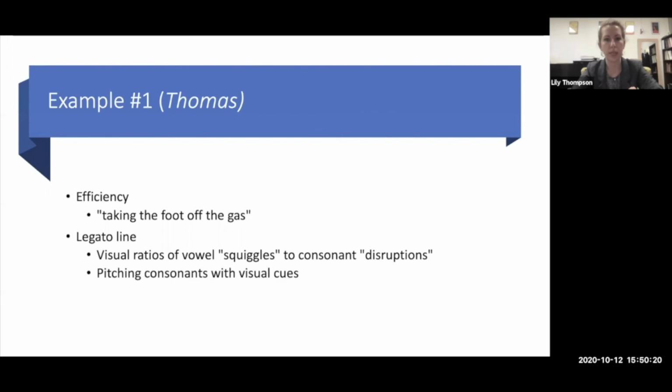samples for today's presentation. Thomas is a very high energy singer, and so one of the first things that we'll see an example of has to do with efficiency. This is related to a lot of different things like resonance strategy, registration, for him also a little bit of muscular tension, which we will observe. But a piece of vocabulary I've used with him in the past is this idea of taking the foot off the gas, just pulling back a little bit so that we find what is efficient rather than what is most